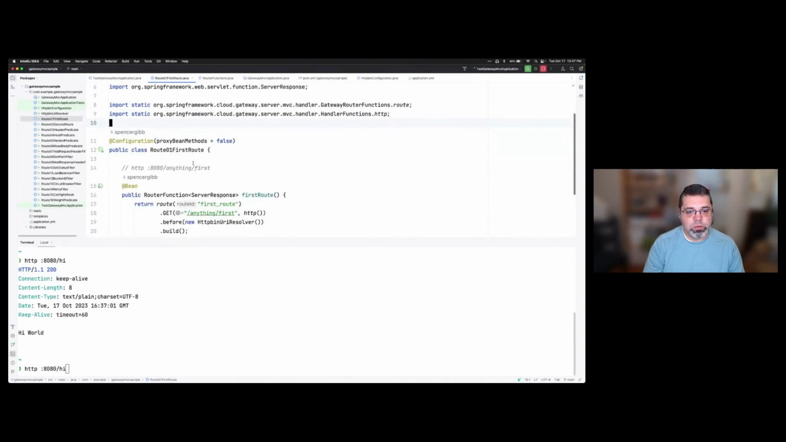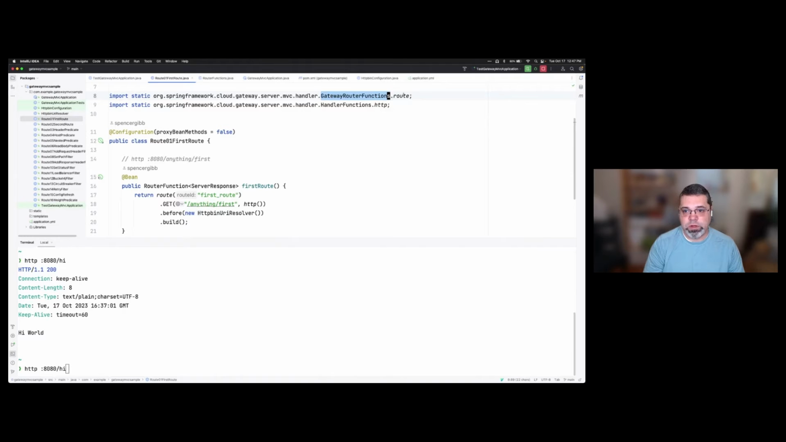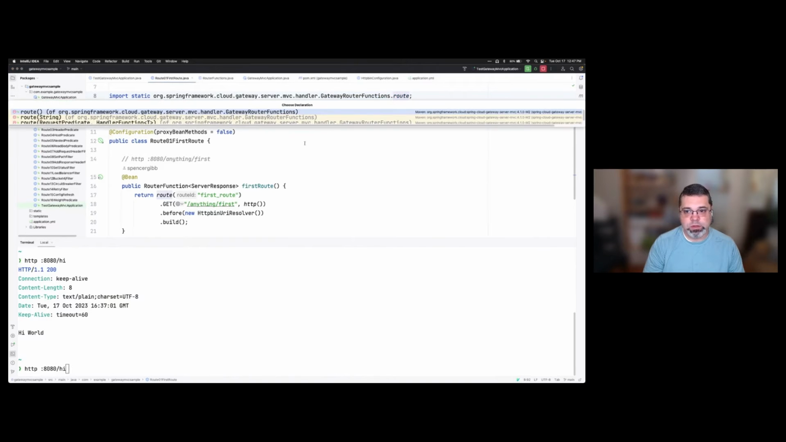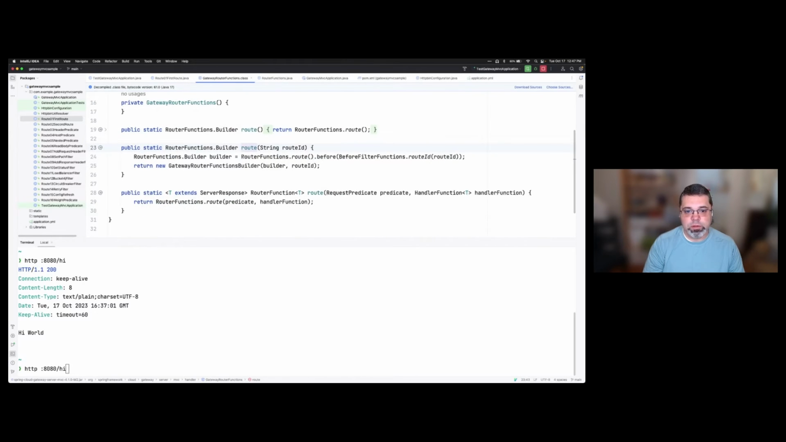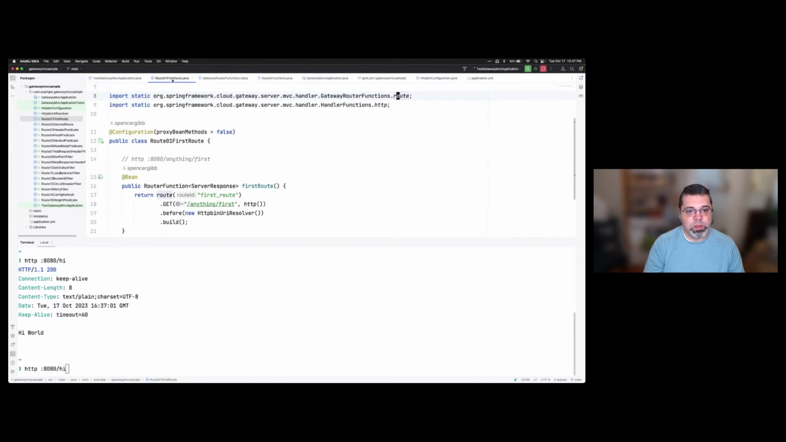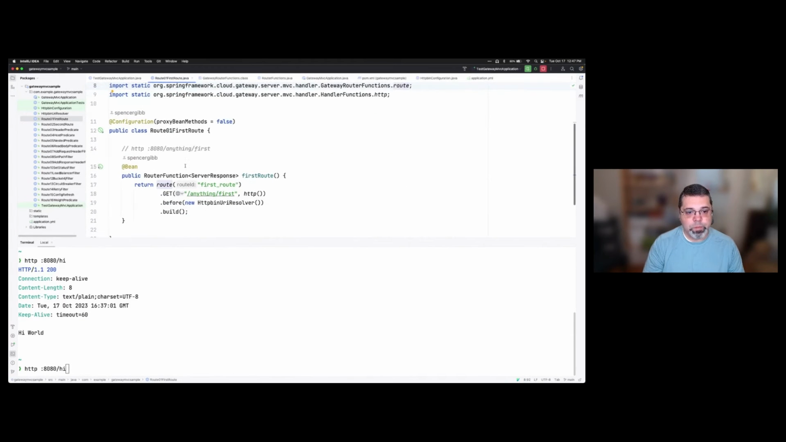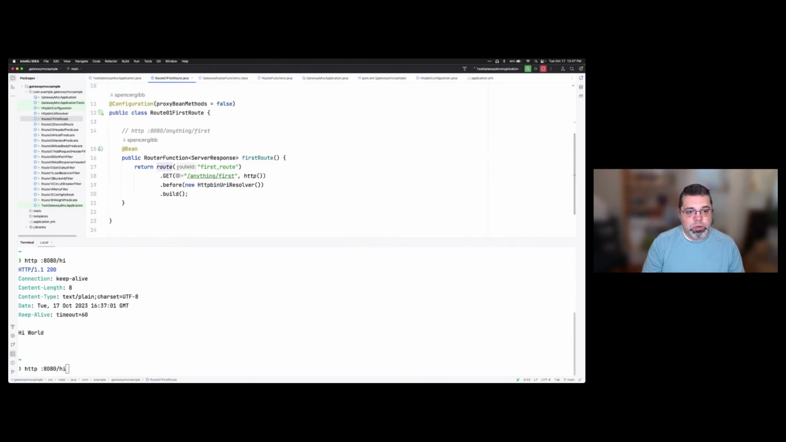In my case here, we have a gateway router functions. This thing just wraps the router functions call with a specific function in the route ID. I'll tell you about what that's for in a minute. So you could unwrap that, but here we're saying get path, and this path /anything is part of